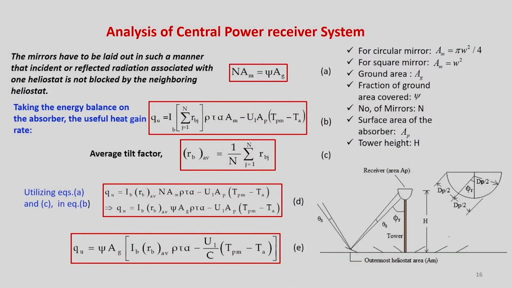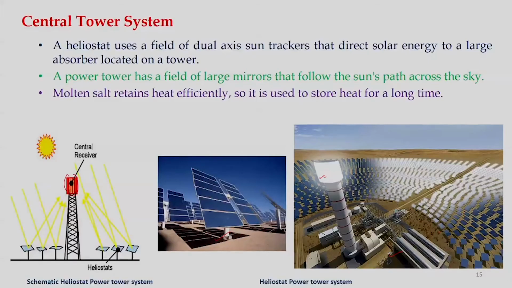So, let us analyze the central power receiver system, okay. If we go back to the last slide, these are the heliostats, okay. See, there are gaps in between, because if a heliostat is shadowing the others, then we are losing efficiency. So, that has to be taken care of, okay. There is a gap in between the heliostats, and that gap has to be maintained. If we consider the area of a single heliostat is am, and there are n number of heliostats,